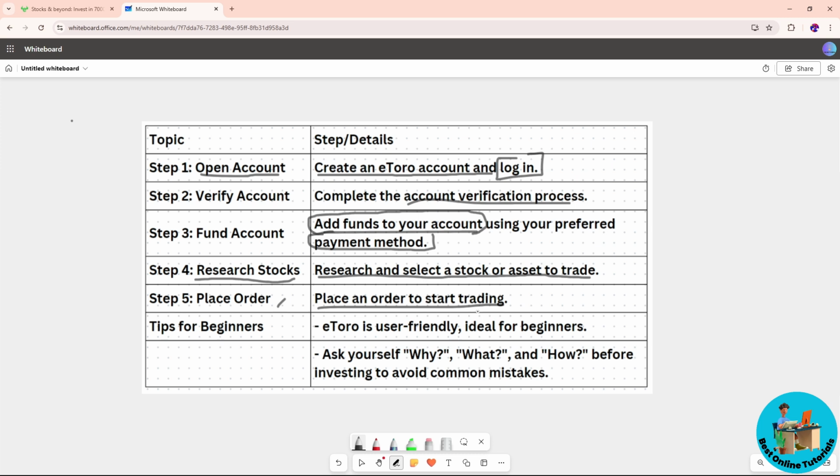So guys, remember that eToro is a user-friendly software and it is pretty much ideal for beginners. So guys, before investing, just simply ask yourself why, what, and how. So guys, make sure you have a solid plan and a solid strategy before you invest so you can avoid